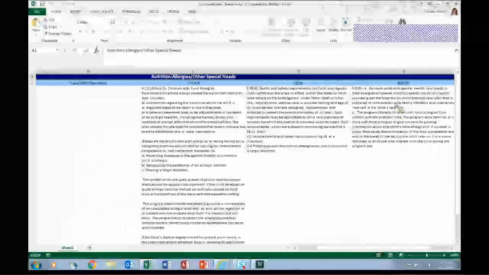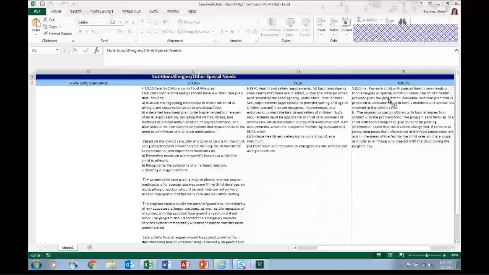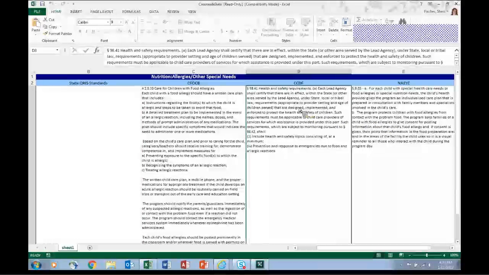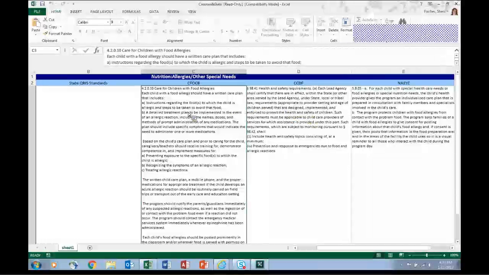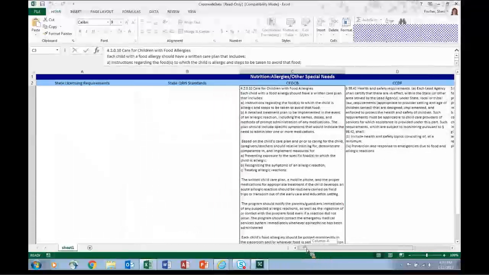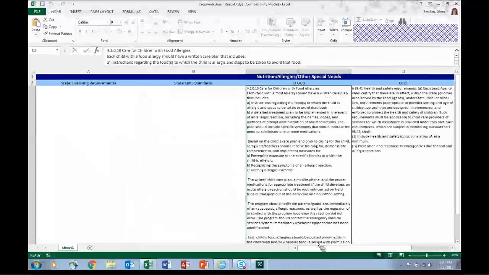One thing to note is that these columns that have the national standards in them are locked into place. You cannot edit them, you cannot type in them, and that was at the request of some of the accrediting agencies who were concerned about copyright issues and the standards being manipulated in any way.